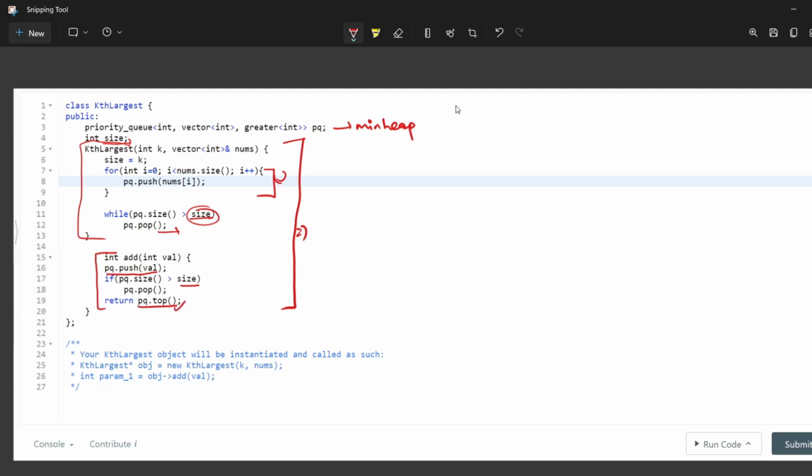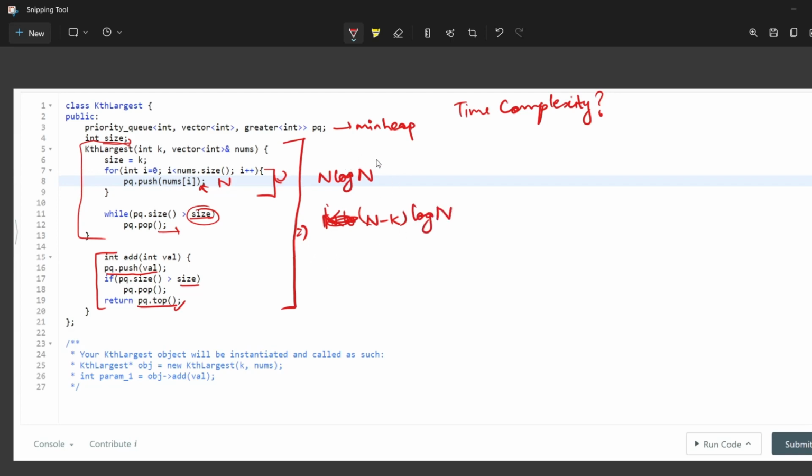Okay, so what will be the time complexity of this? The time complexity of this solution: pushing n elements into this will take n log n, and then our size is n, and we are popping n minus k times, each taking log n.